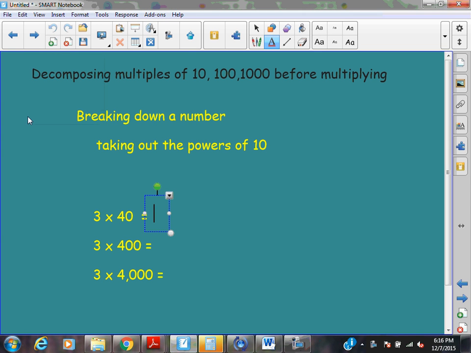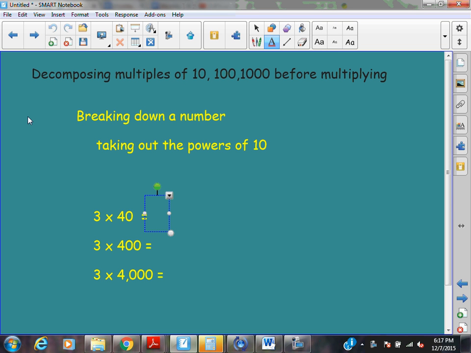Decomposing multiples of 10, 100, 1000 before multiplying. So when we decompose a number, that means we break it down into smaller parts that we can manage. And when we're decomposing multiples of 10, 100, or 1000, that means we are taking out the powers of 10